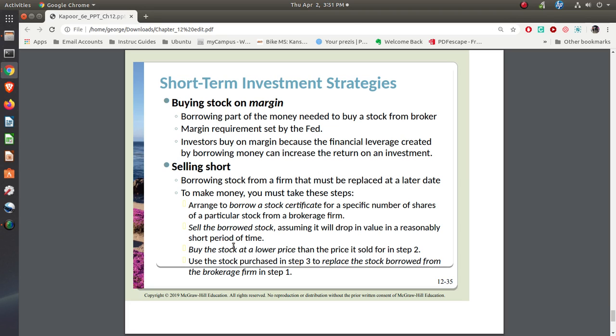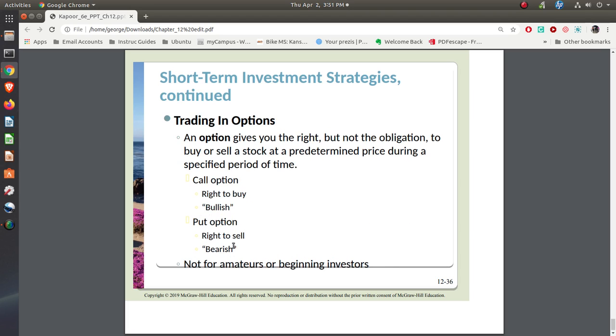Selling short is when you're expecting the stock to drop in price. So let's say that you have 1,000 shares of a stock. And what you do is you will borrow some shares from your broker and you sell 2,000 shares. You take that money. The stock drops in price. And what you do then is you buy enough shares at that lower price to pay back the broker. You've made some money.